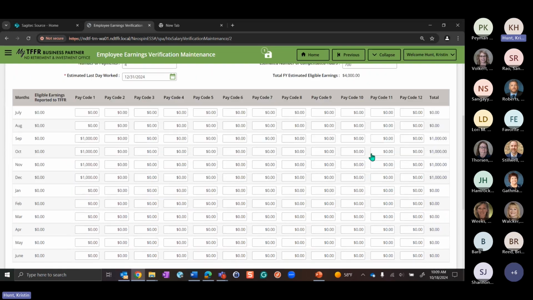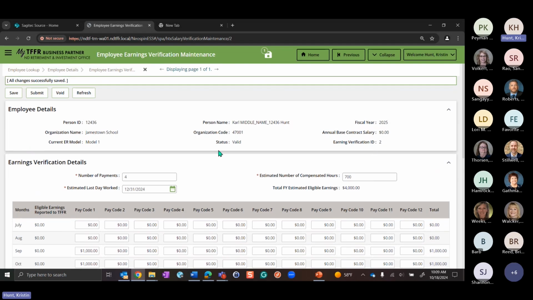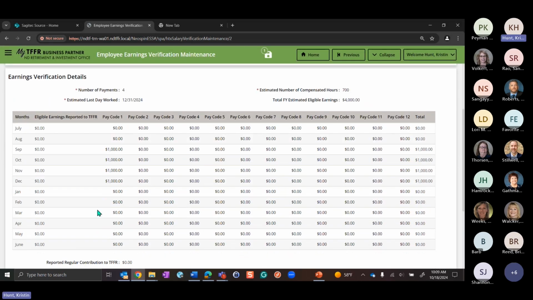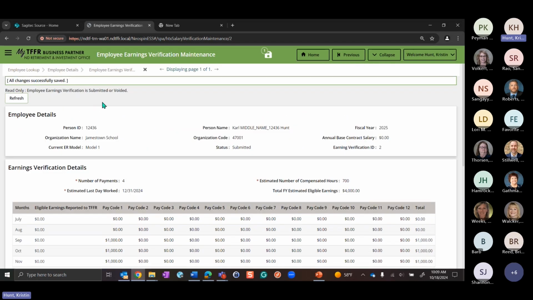But we're going to pretend like everything's good to go. Once you're ready to submit, you'll click the submit button here. Now you'll notice it made this record read only, so I can't make any other updates to it. What it does is submit that to TFFR so that they'll be able to take that information and go forward with the service retirement.